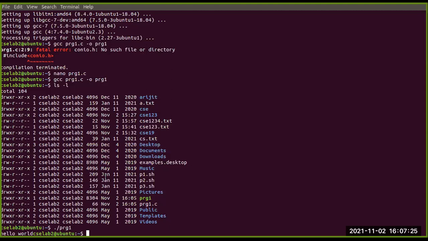Whatever we have written in the nano editor is simply done in the program. We have compiled it, and that is how we process it to get the output. That dot slash and the file name means whatever file name I have mentioned after the -o section; I have used that name to get my output.